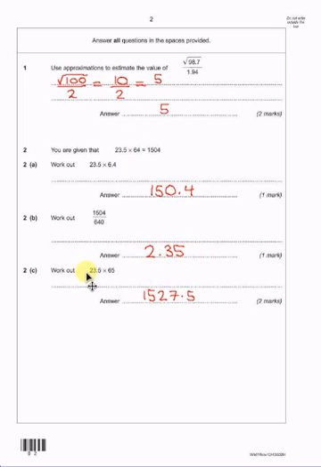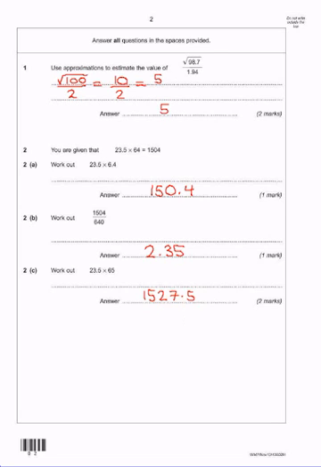Now, these questions are fairly common, and what they like to do is give you one like this, and then on the end, they'll give you 23.5 times 65, or it might be 63. In this case, the best thing to do is, if 23.5 times 64 is 1504, to times it by 65, you just need to add 23.5 onto that 1504, and your answer will be